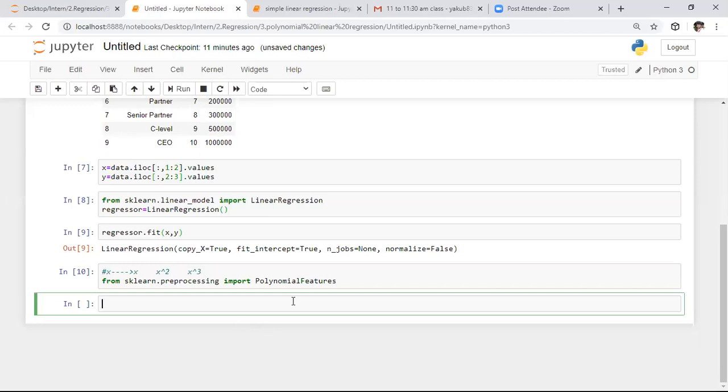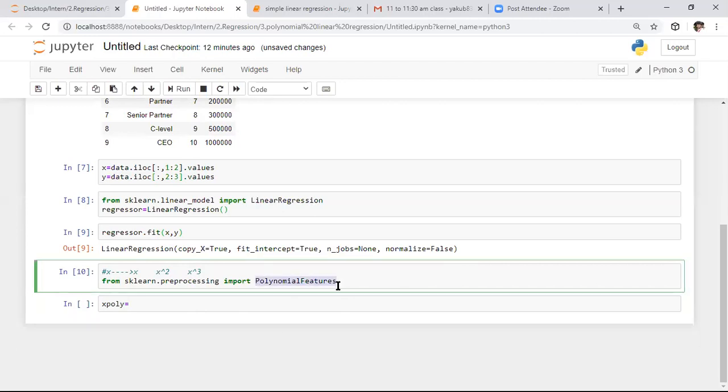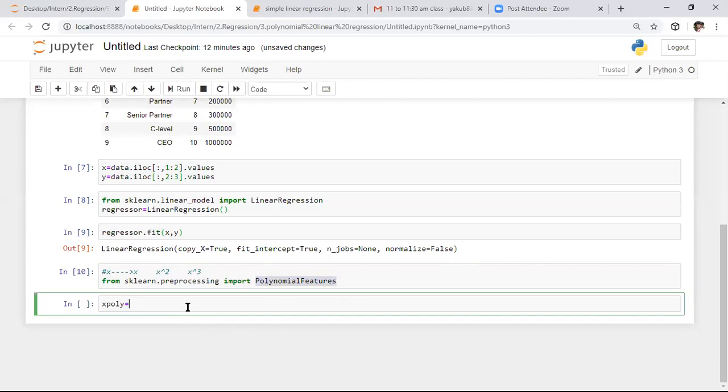After importing PolynomialFeatures, we need to create an object with this specific class, as you are already aware. I want to store all that polynomial features in xpoly, and we create an object with PolynomialFeatures. In this object we need to specify the degree.